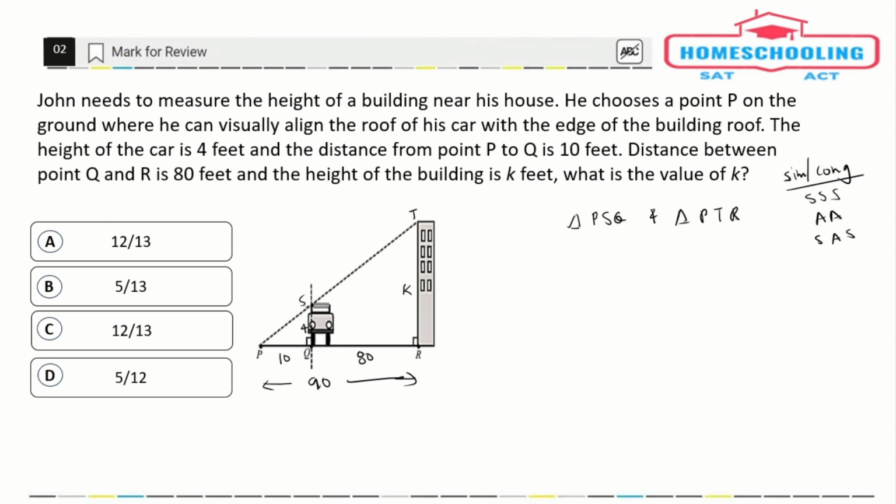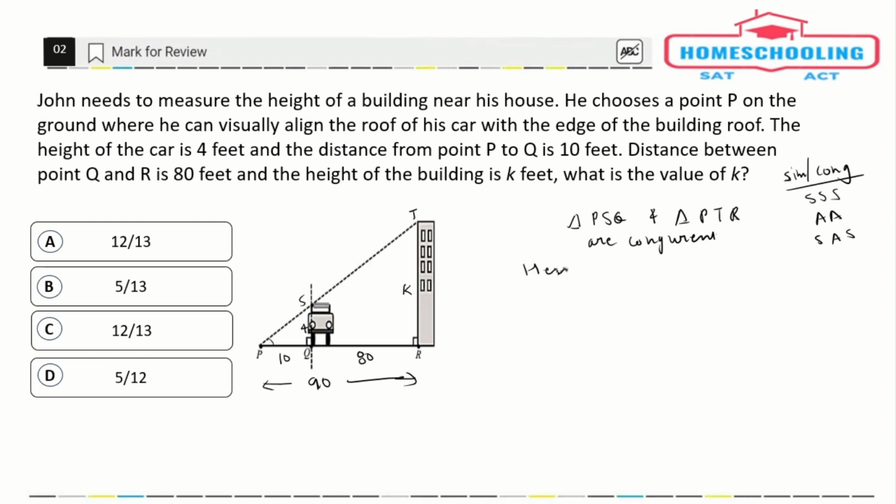If we consider these two triangles, PSQ and the bigger triangle PTR, one angle is common, and this angle SQP and this angle are similar. So we can say both the triangles are similar,